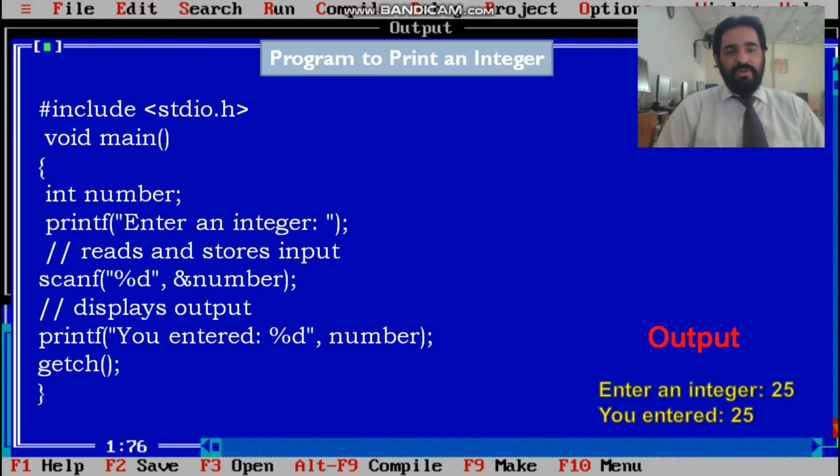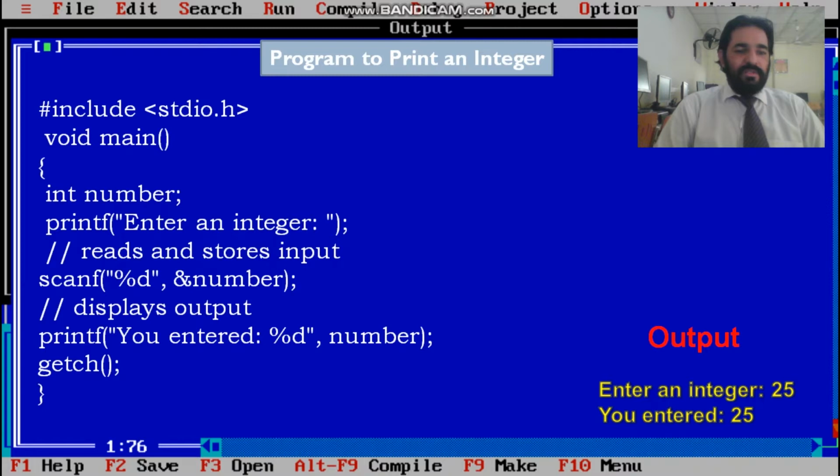Now let's move to our first program, which will print an integer. An integer input will be taken from the user, and then the output will be shown on your screen. Include stdio.h as the standard library, then the void main function, then the start bracket. Now here we declare a variable.